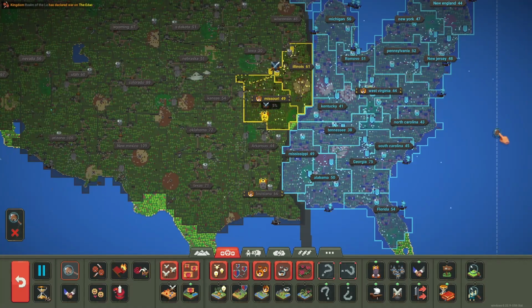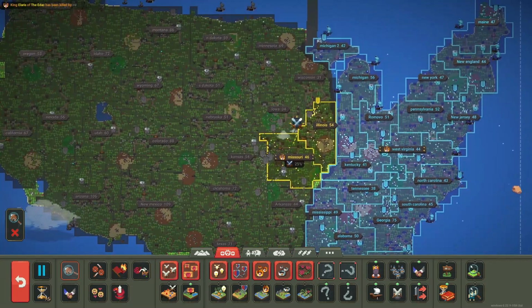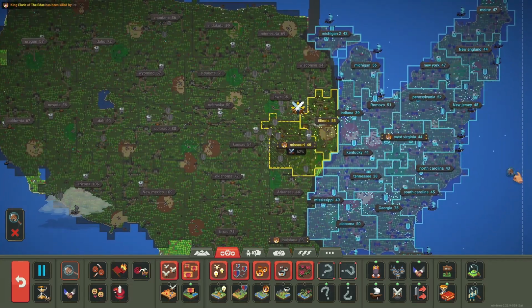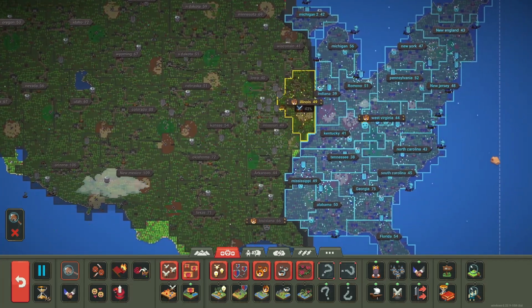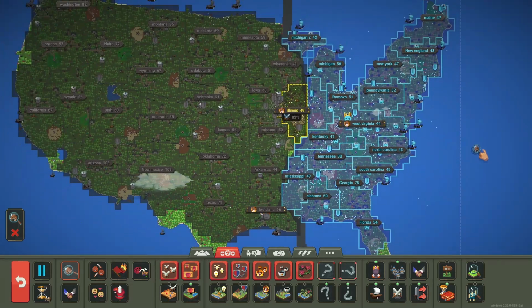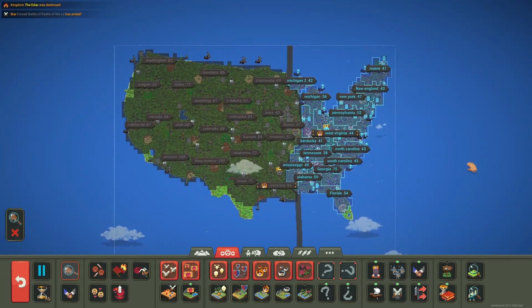Let's see. Oh wow, wait, there's territory gain. Oh no, they didn't. They couldn't take it out. Missouri is about to be taken. Missouri drops. Illinois is now the capital, and Illinois goes out. We now have our 2 societies,